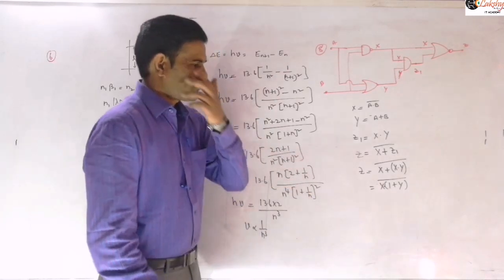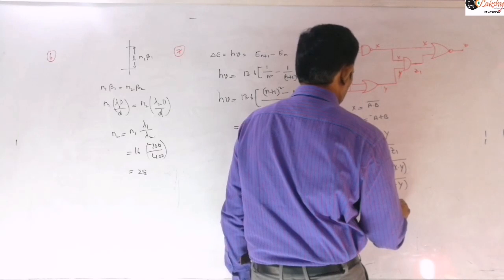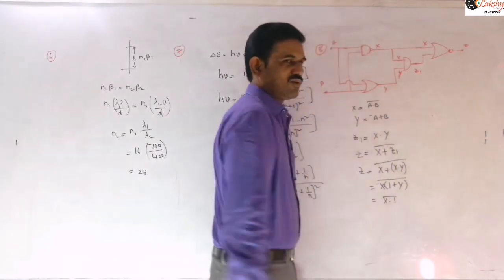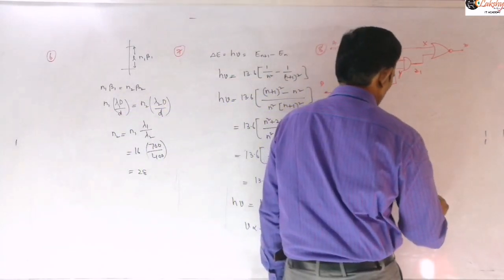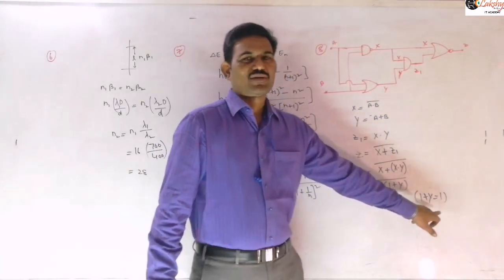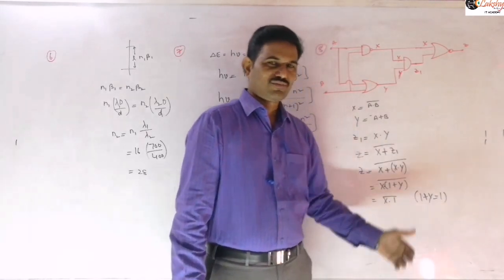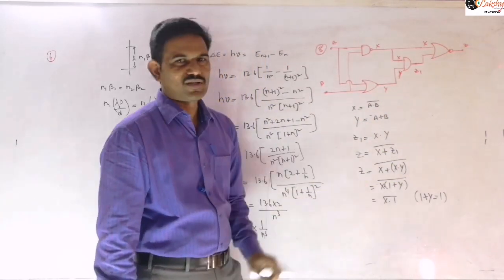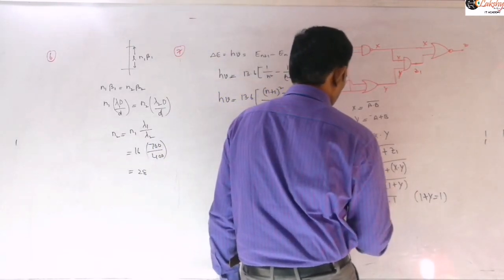And now 1 plus Y is nothing but, we need to write this identity here. So X dot 1 you will get, because 1 plus Y is nothing but 1 only. That is the relation we are using here: 1 plus Y is equal to 1. Because if Y is 0, then 1 plus 0, 1 you will get. If Y is 1, 1 plus 1, again 1 you will get. So whatever the Y value, 1 plus Y is always 1 only. So you can replace that 1 plus Y with 1. Then X into 1 means again X you will get.